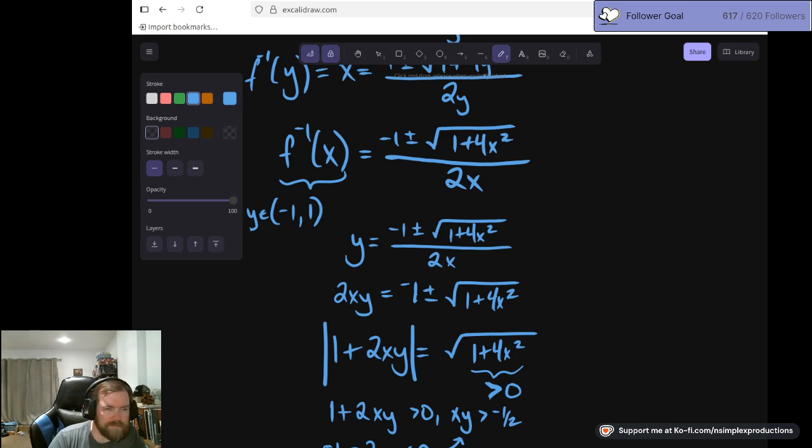So, like, we can't come up with anything really concrete here. The product of those two things must be greater than negative 1/2, or y needs to be greater than negative 1 over 2x. So I know what that looks like. It's kind of gross, but